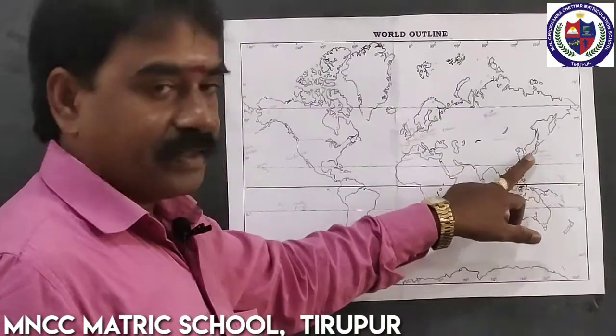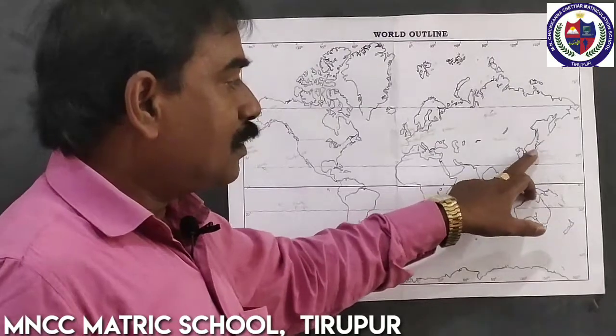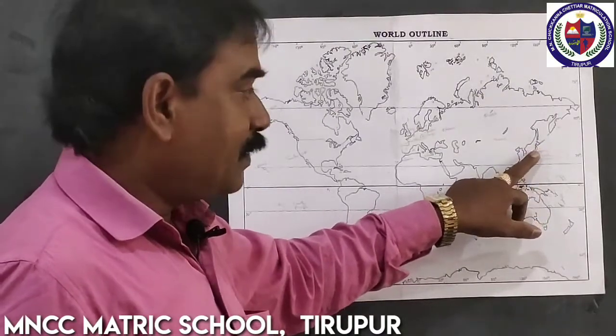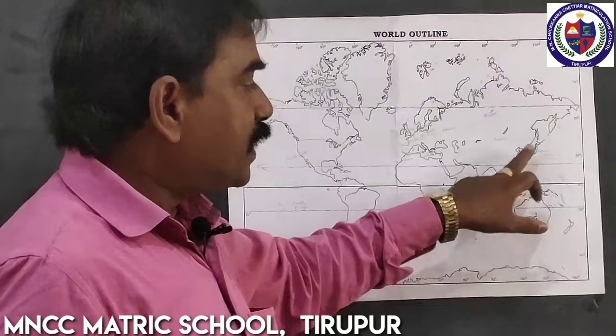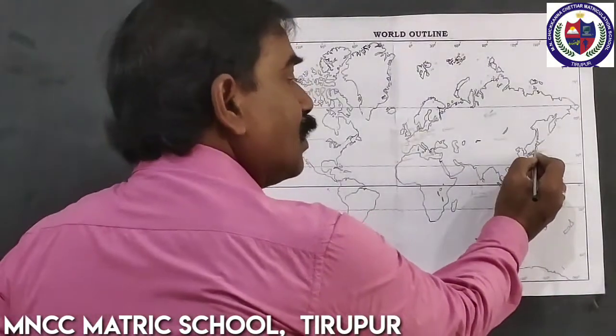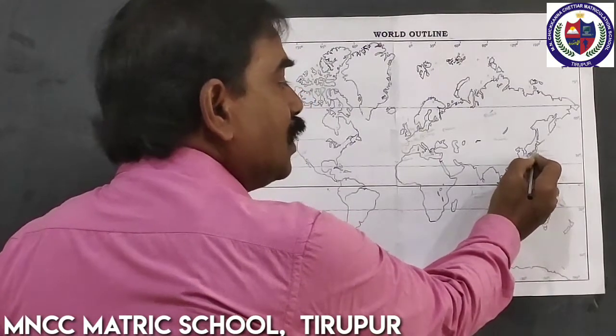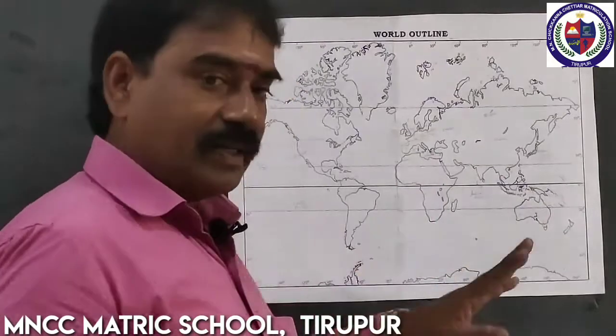This is Japan. These islands are Japan. See, Hiroshima is here and Nagasaki is down to Hiroshima. Both are in Japan only,